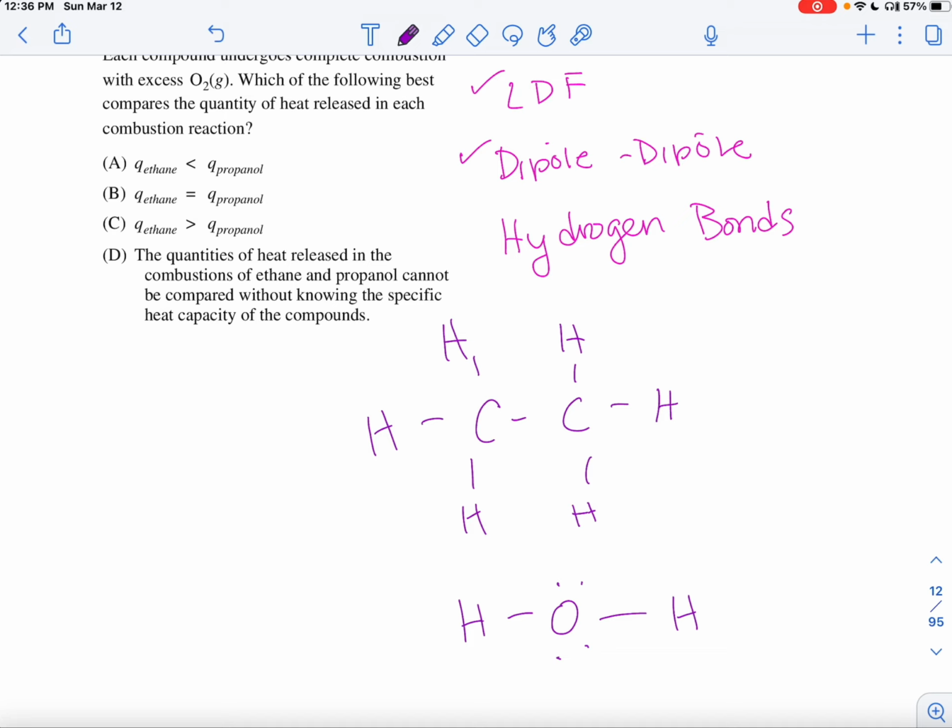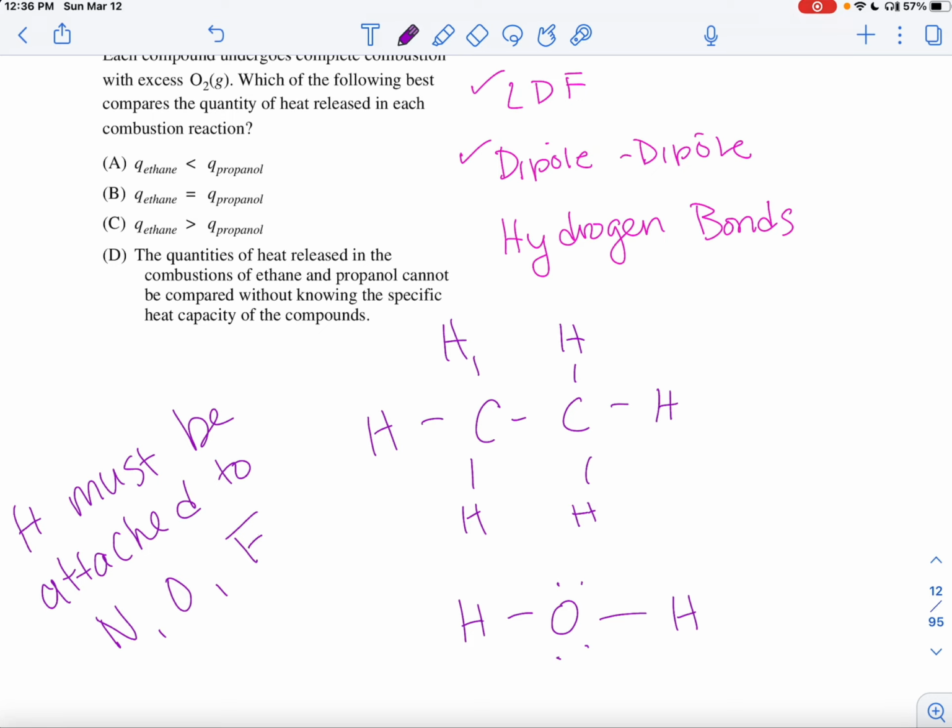Because those hydrogens are not attached to an oxygen, nitrogen, or fluorine. They are attached to a carbon. Okay, in order for a hydrogen bond to happen, hydrogen must be attached to nitrogen, oxygen, or fluorine. And the reason is because these three elements are very electronegative. Okay? Let's go back to our propanol,